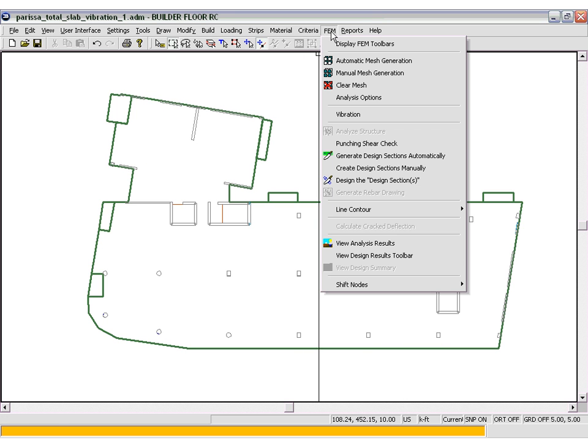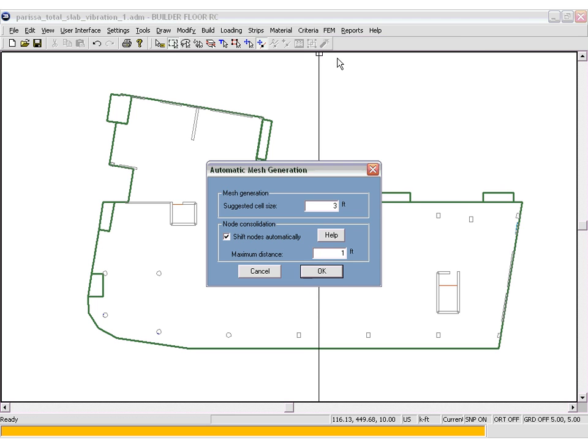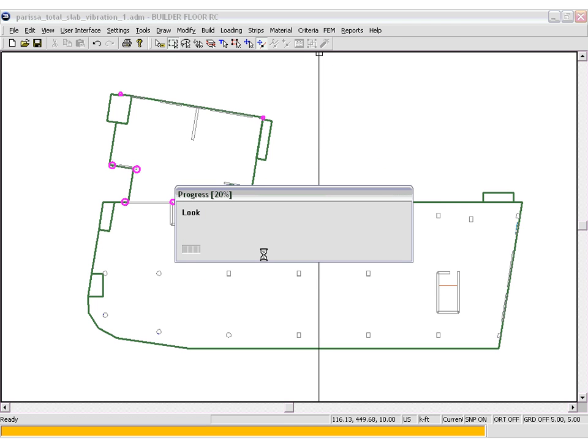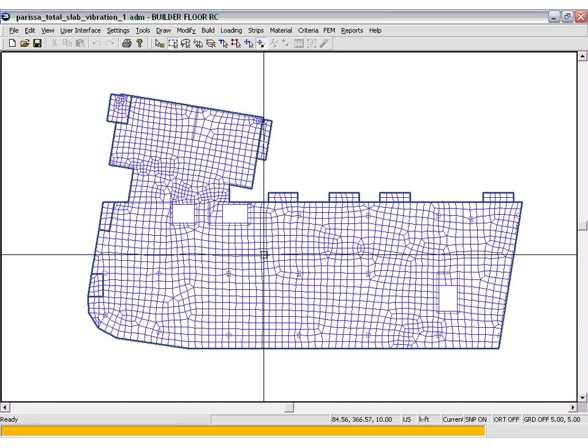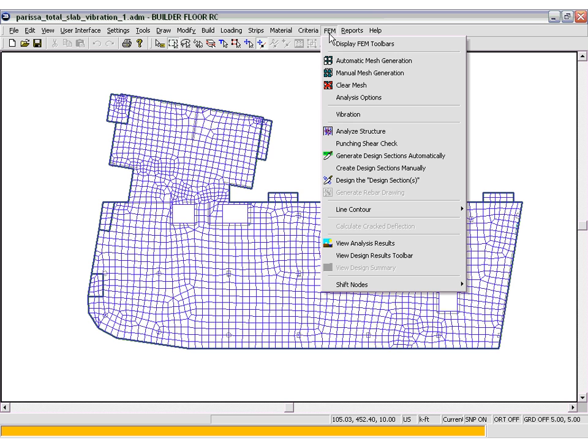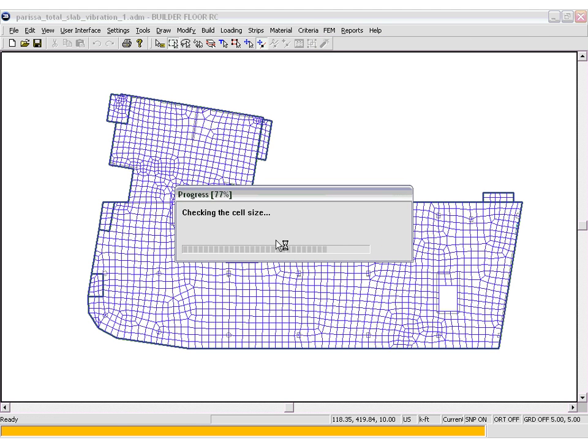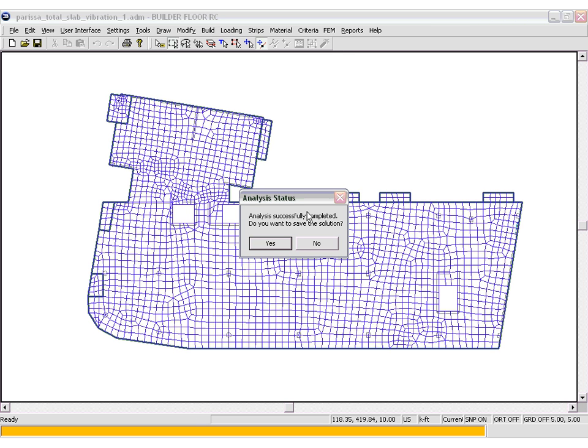From the FEM tab, we now need to mesh the structure. Once the structure has been meshed, we can analyze the structure. Again, from the FEM tab, go to Analyze Structure, select Yes, and the program will begin the analysis. Once the analysis is complete, we can select Yes,